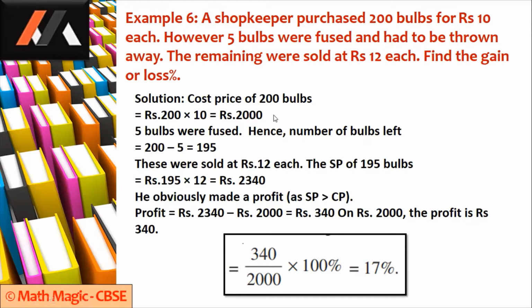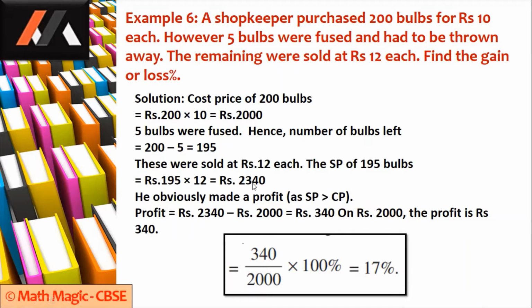Therefore, 200 bulbs cost 200 into 10, that is 2000 rupees, out of which 5 were fused. So, 200 minus 5, only 195 bulbs are good to sell. So, the remaining 195 bulbs were sold at a rate of rupees 12 each. So the selling price of 195 bulbs is 12 each. So the total price of 195 bulbs is 195 into 12, that is nothing but